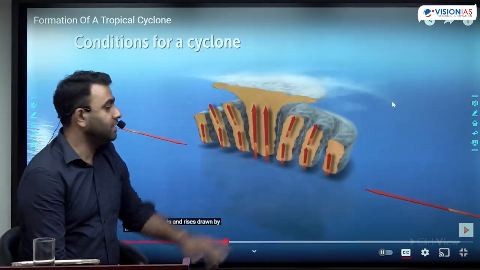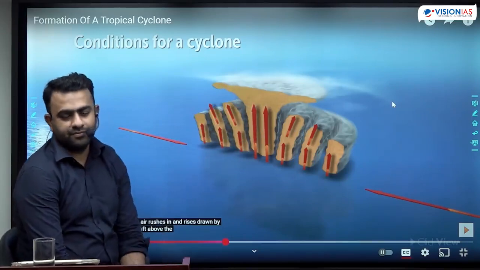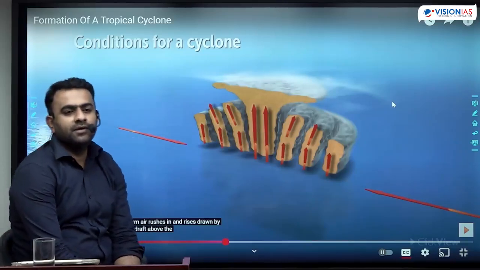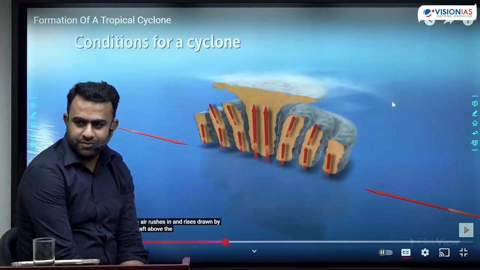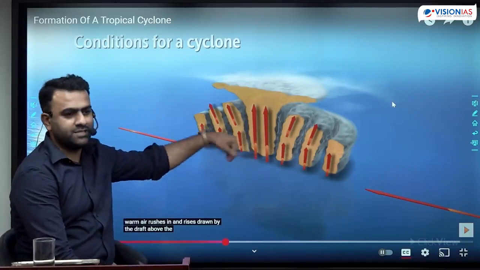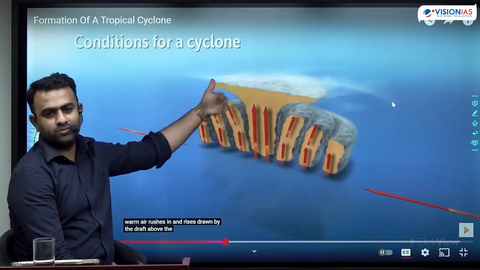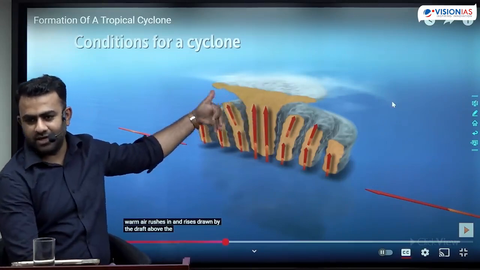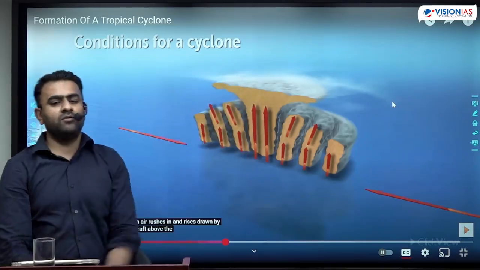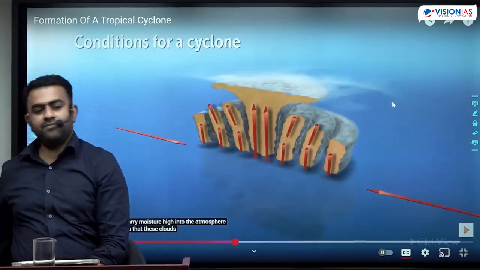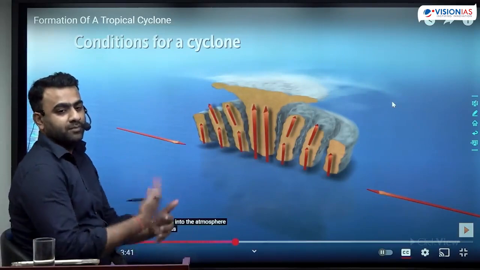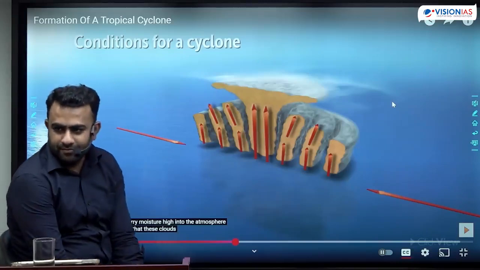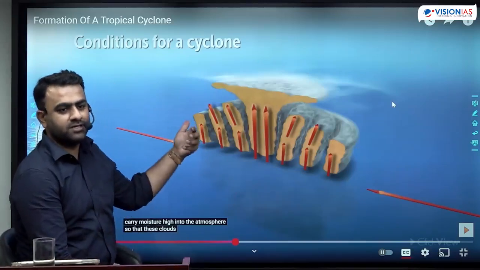How? The air is getting heated up due to the release of latent heat of condensation. Okay, so remember latent heat of condensation? The heat which is absorbed from the surface is released into the atmosphere. Air starts to become hotter. With higher temperature, the capacity increases. More water vapor can accumulate and more clouds build up. The clouds start to become bigger and bigger. What is the fuel of this system? Latent heat of condensation, which is keeping the system continuously running.